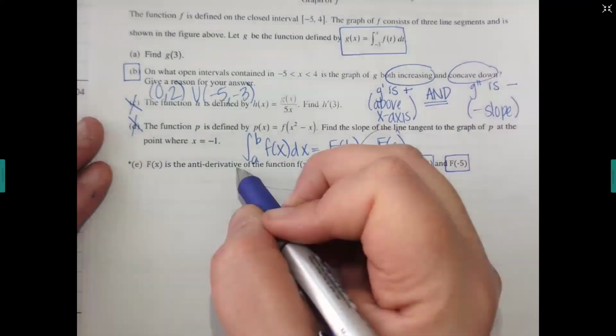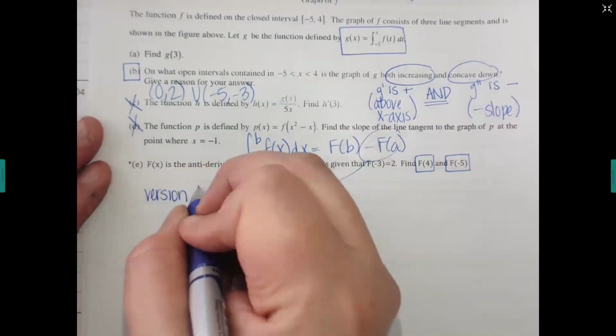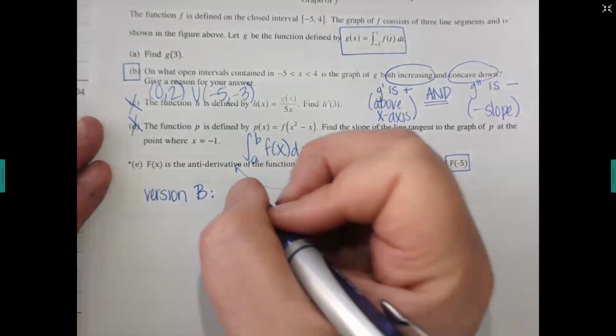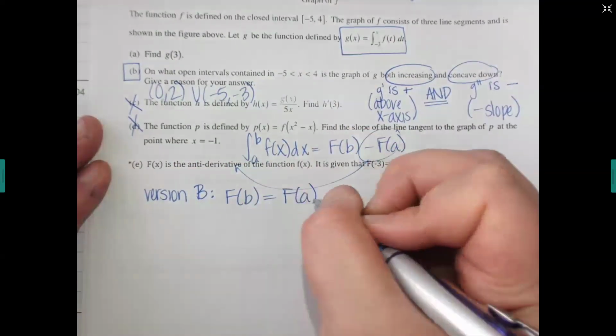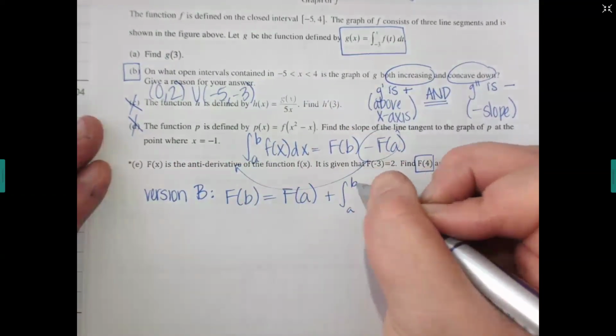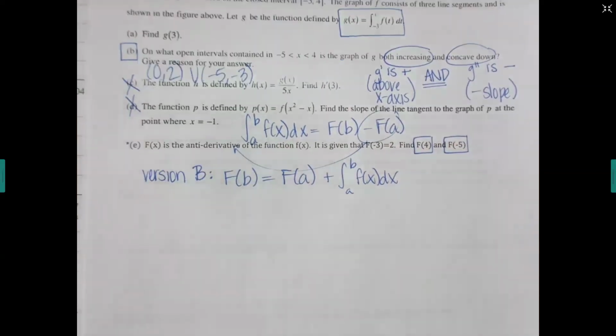Just add it across to the other side. So we're going to call this version B of the formula. It's going to be capital F of B equals capital F of A plus the integral A to B of little f. Okay, so think about this and this are the same. The only difference is you're minusing the F of A here and you're pushing it across to the other side